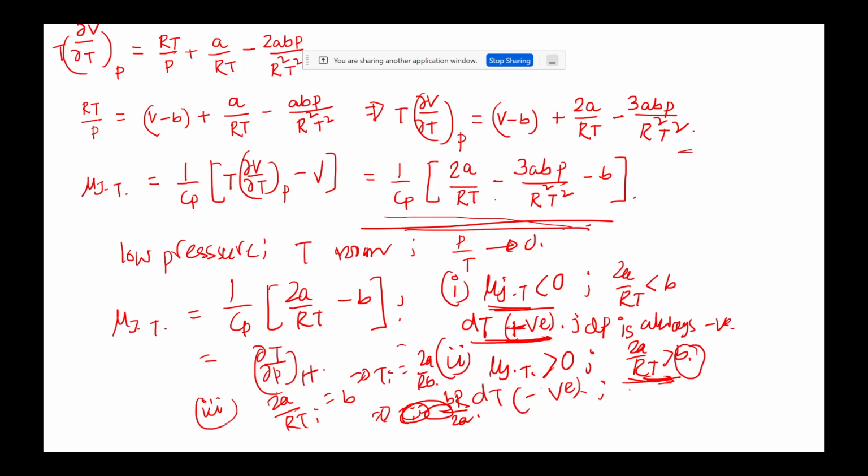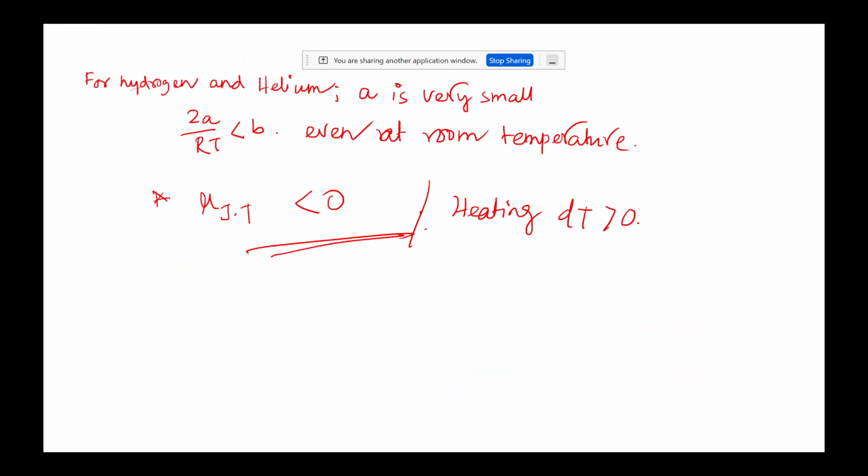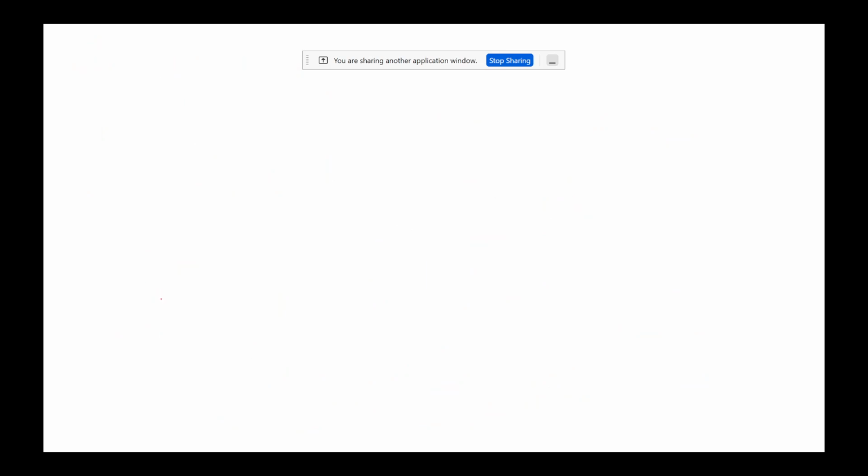If you write it, you can get this expression. Let me write it. If 3abp by r square t square is not negligible,